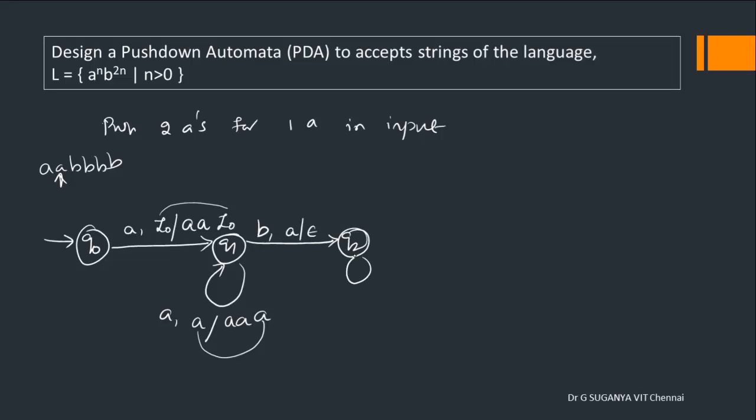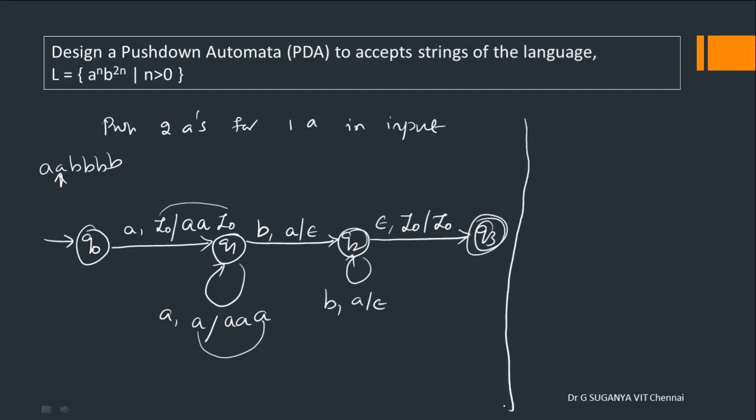So just move on. This you repeat for as many B's as you see on the input stream, with as many A's as you see on the stack. That's it. Finally, you are expected to have epsilon on your input and Z0 at the bottom of the stack, and enter into a final state. This is the push down automata configuration. The description of this push down automata, transition diagram representation, the transition function representation is given by instantaneous description.